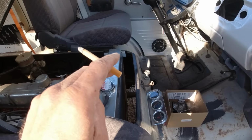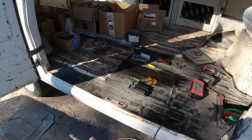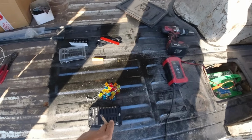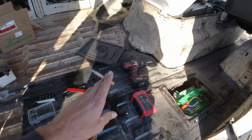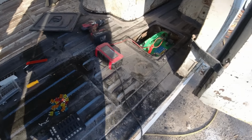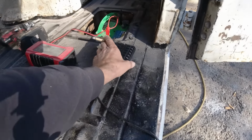So the electric fan will go in one of these. Okay, what else did I say? Anyway, so we want to hook this up. Okay, this little kit here came with